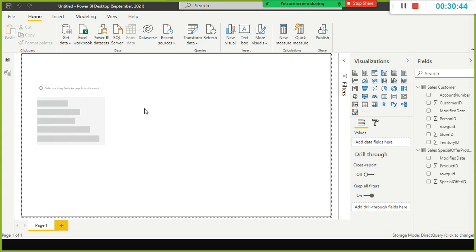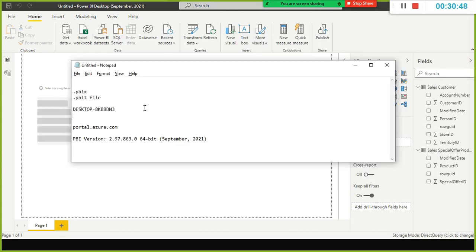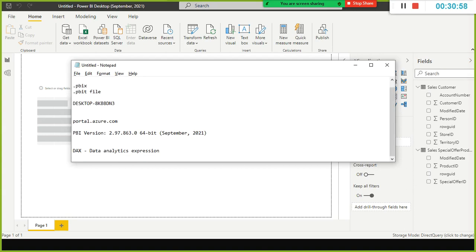And also DAX. What is DAX? DAX stands for Data Analysis Expressions. These are formulas or built-in functions using which you can transform the data. You can create your own formulas, any business-specific formulas, and implement them to transform the data.